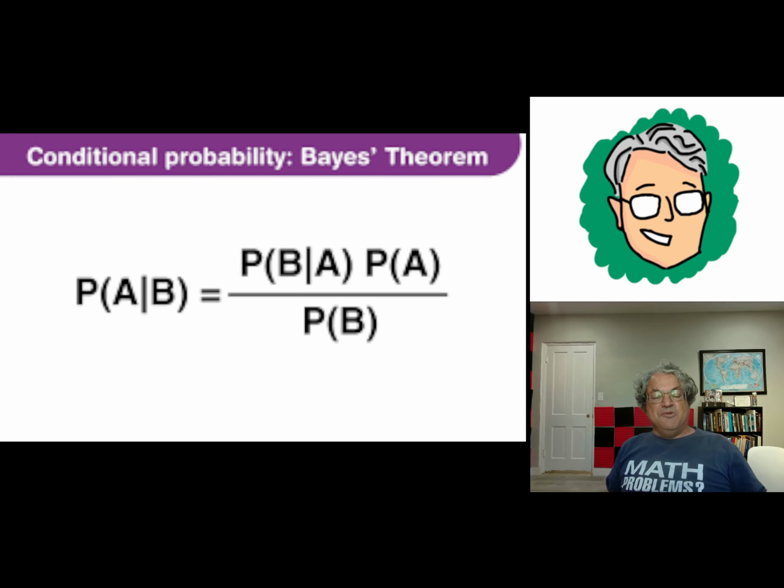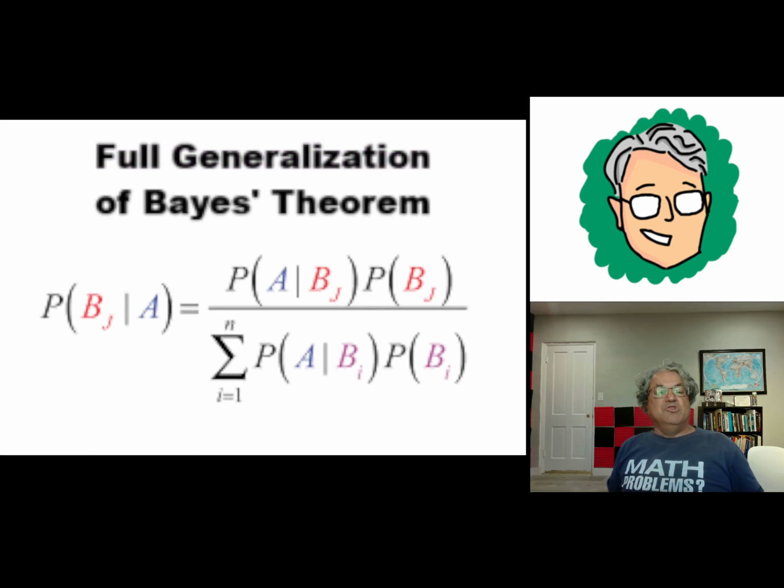And you could do it for other things too. And this is the simplest form. Like I said, this is the simplest form of Bayes' theorem. This is the more general form. In general, you can expand B into a sum of components. So, for instance, if B is the probability that it rains,